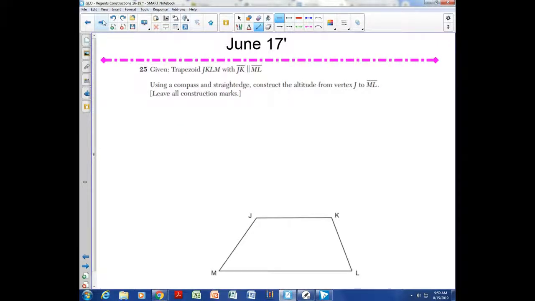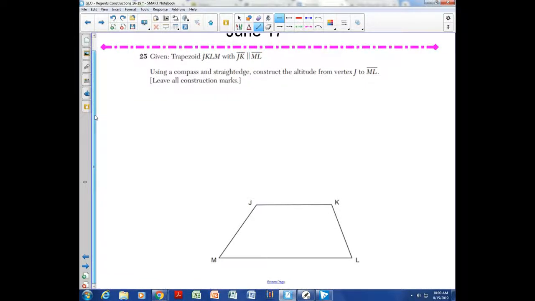June 17, number 25. Ooh, getting a little fancy here. Given trapezoid JKLM with JK parallel to ML, using a compass and straight edge, construct the altitude from vertex J to side ML. Leave all construction marks. Okay, so in this case, there's a given that JK is parallel to ML. I guess that was important because if you only have one pair of opposite sides of a trapezoid that are parallel,